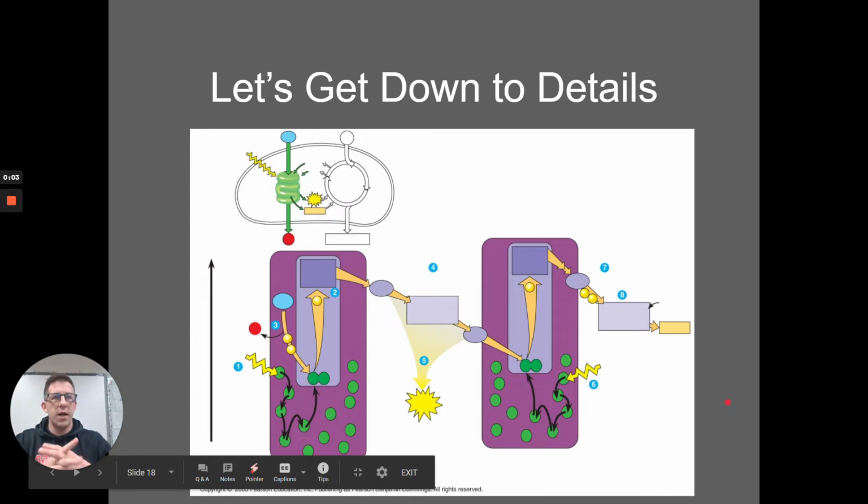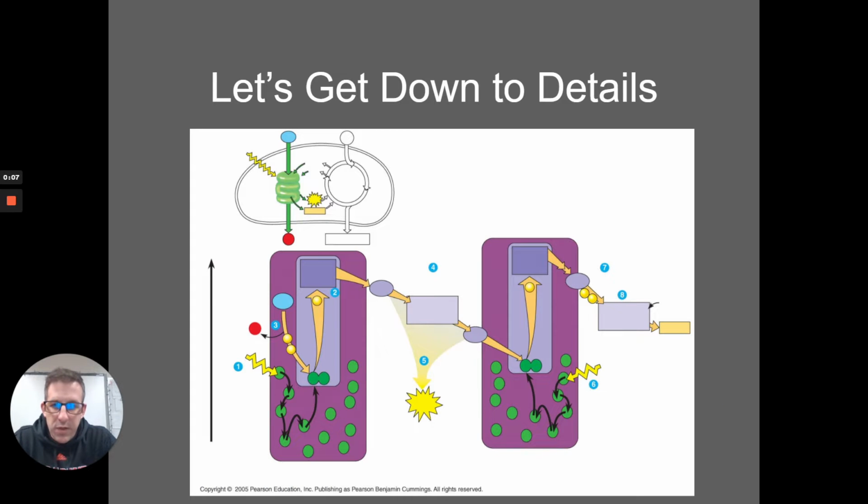Alright guys, so in the previous video we talked about some introductory material in photosynthesis. We talked about where photosynthesis occurs. Obviously it happens in the leaves, but more specifically in the chloroplasts. And within the chloroplast there is a special structure called the thylakoid, and that is the active site of photosynthesis,